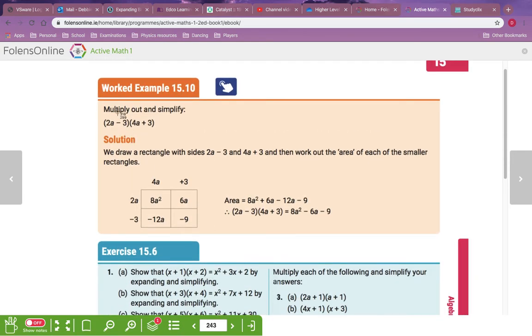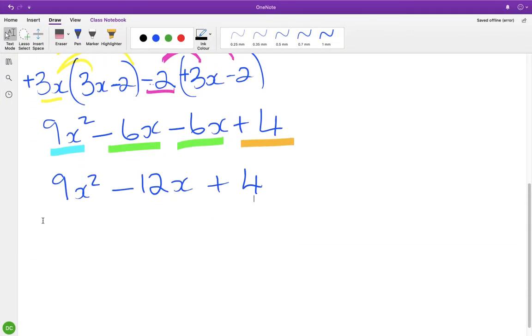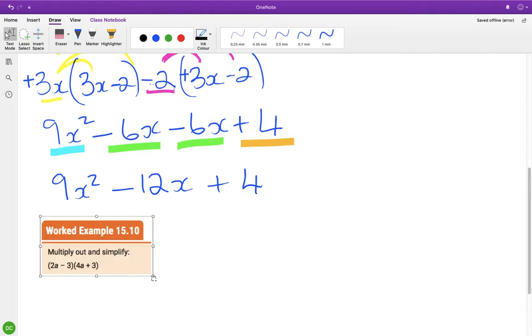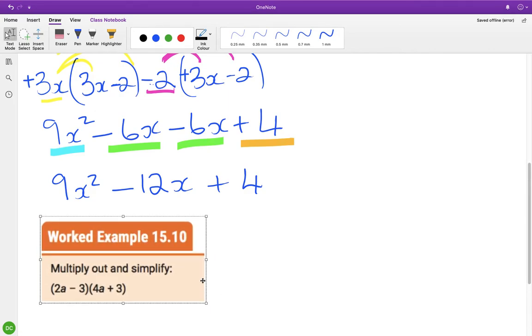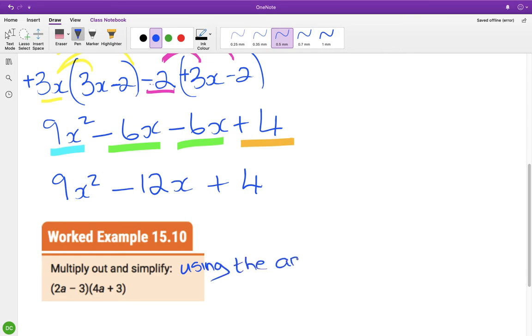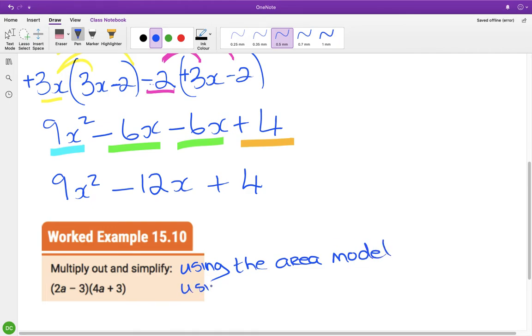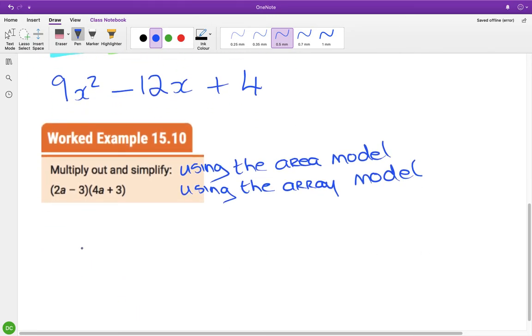Normally I wouldn't do it, except in recent years I prefer doing it that way, and in recent years this has actually come up as they're asking you to do it this way. So it would say multiply out and simplify using the area model, or sometimes it's using the array model. Okay, so it's not difficult. So what we do is